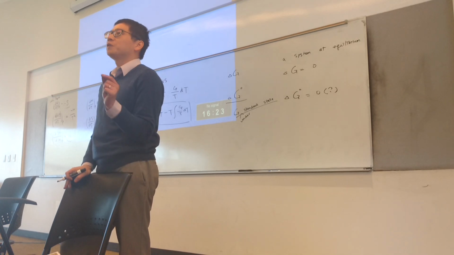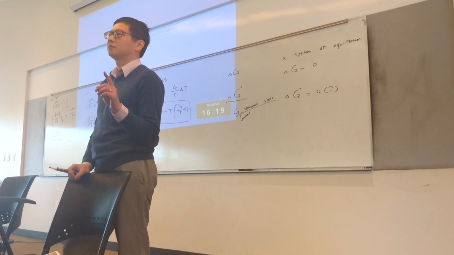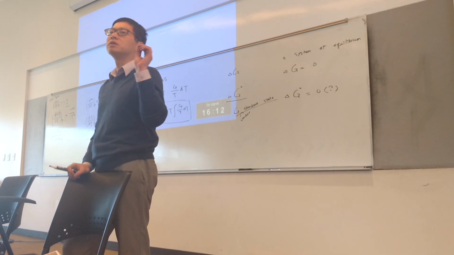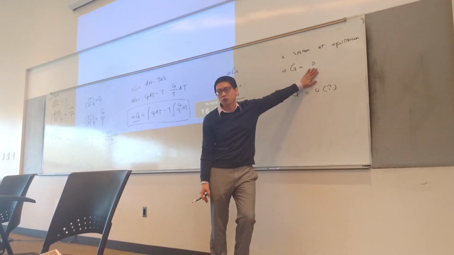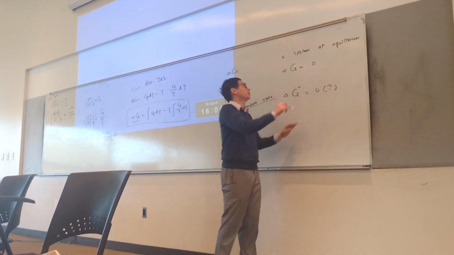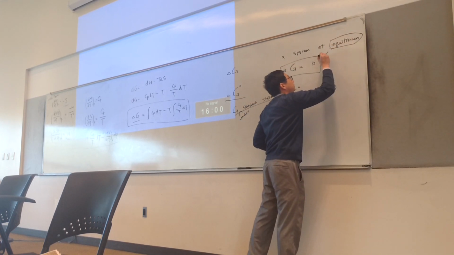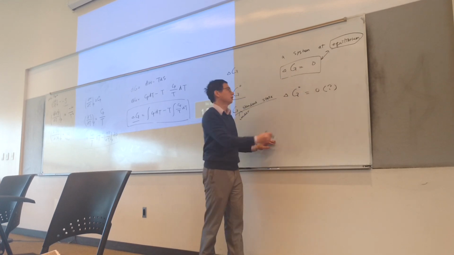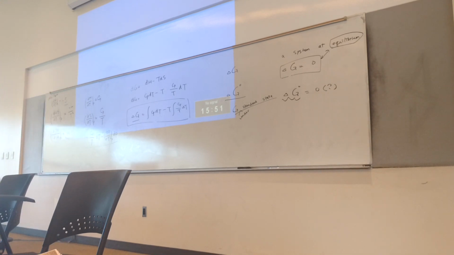The important thing you need to remember is that when you hit equilibrium, delta G has to equal 0. This is always true. No matter what you have, once you see the word equilibrium, delta G is equal to 0 for sure. When you see these words, this is what it really means. Delta G naught. So delta G naught is actually, if you have